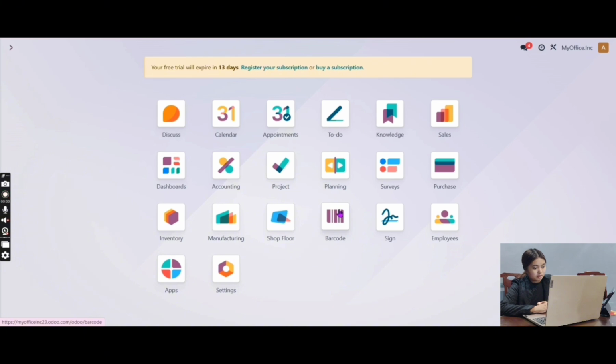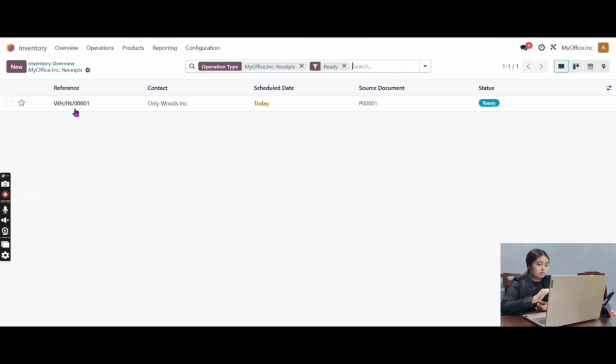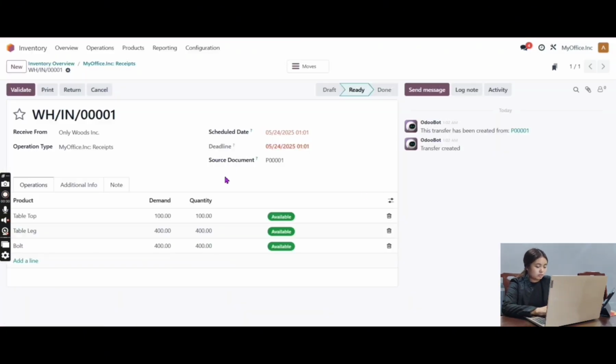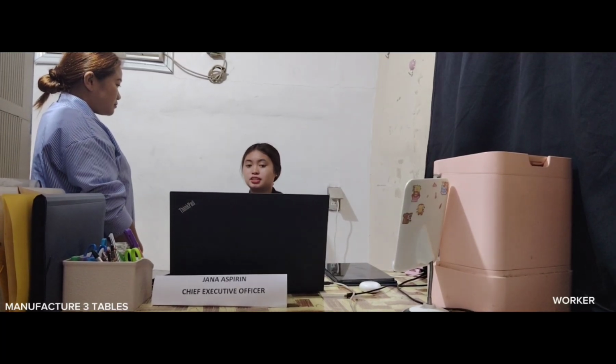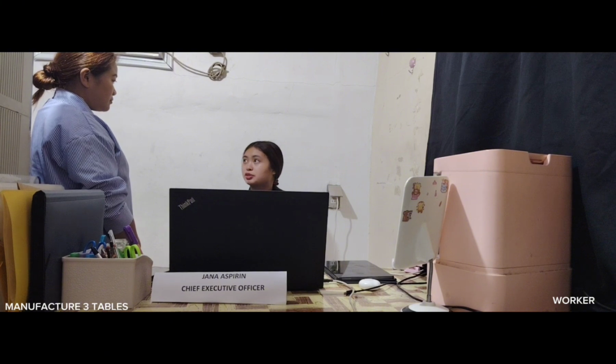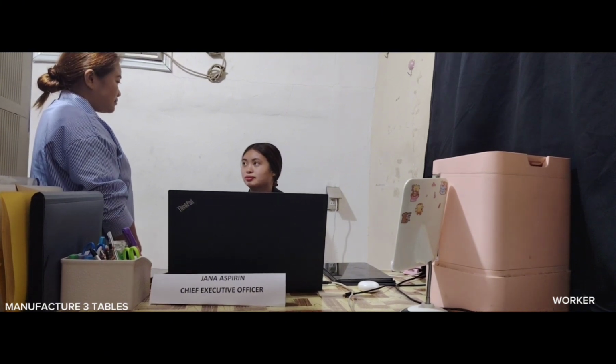Go to inventory, click want to receive, and then validate. Ernest, we got all the materials we need to start producing desks. Can you manufacture 3 tables for the showroom? I'm on it.